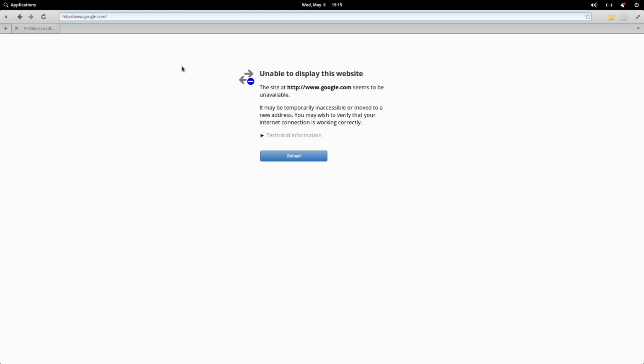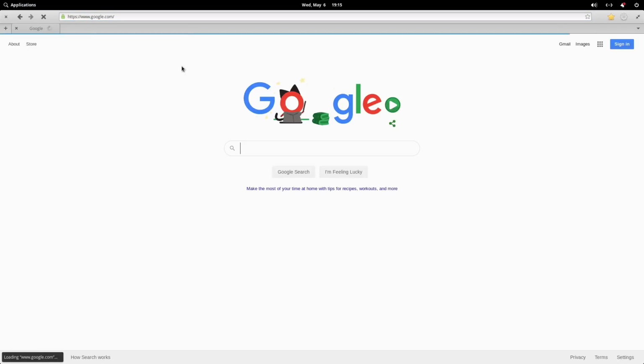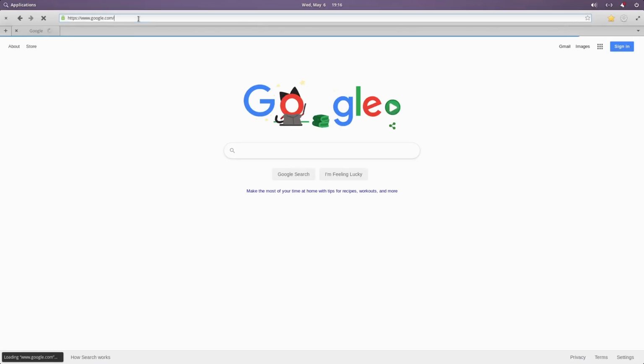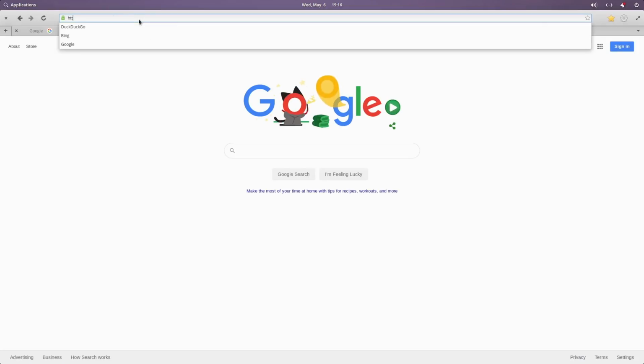Wait, hold on. Oh my God, that's the problem. They are blocking it if you put the HTTP, and they're not blocking it if you put the HTTPS. Wow, I finally figured out how their blocking system works. But at the same token, that makes me question if I do HTTP